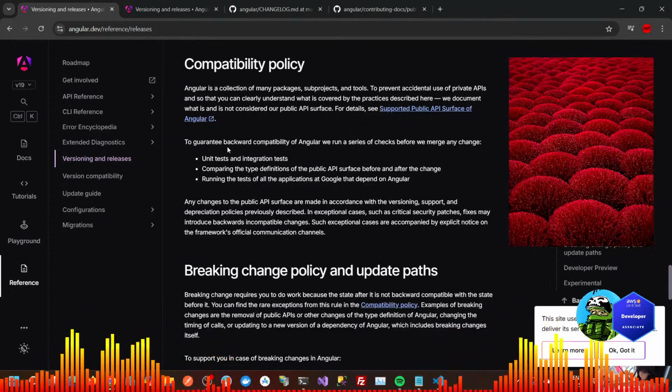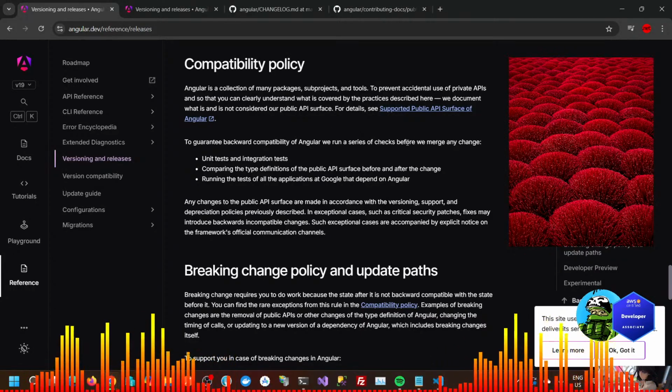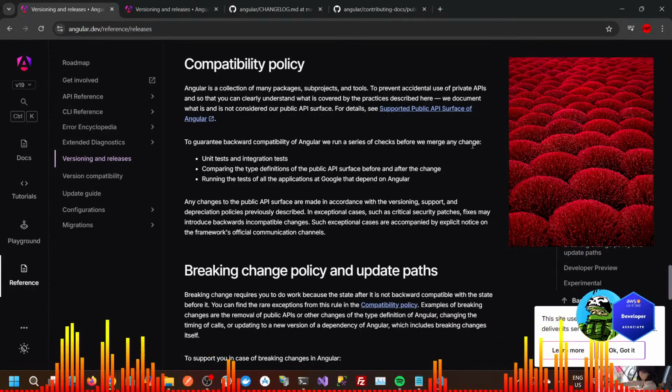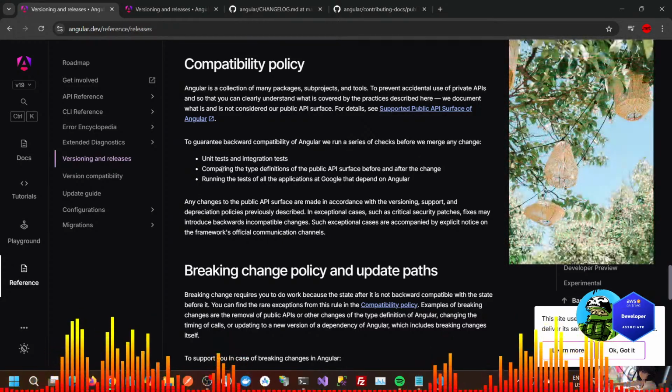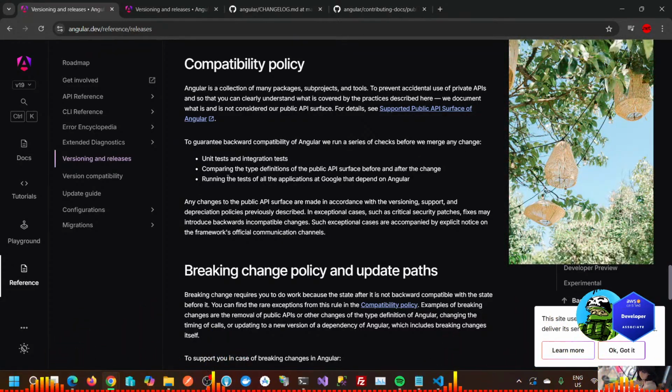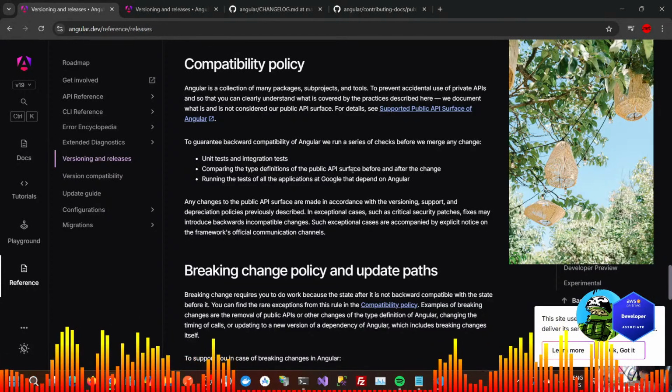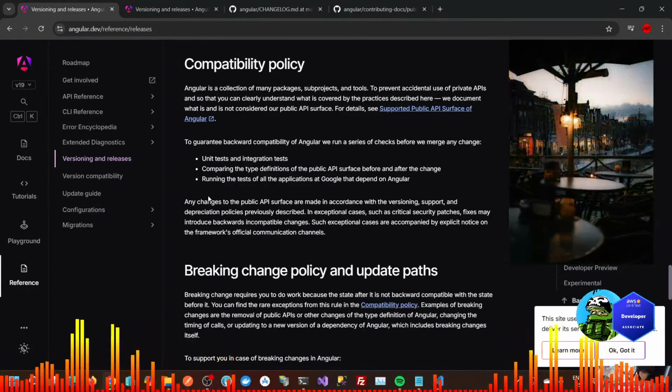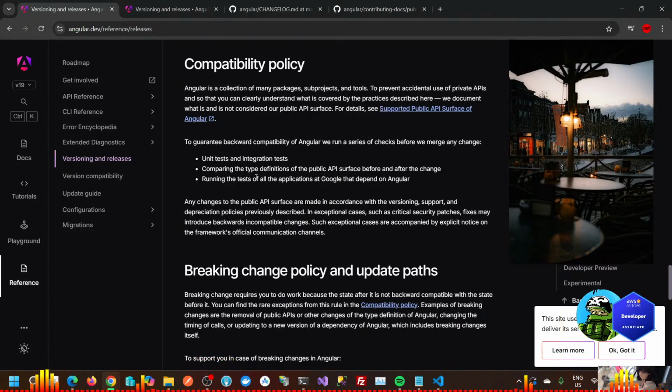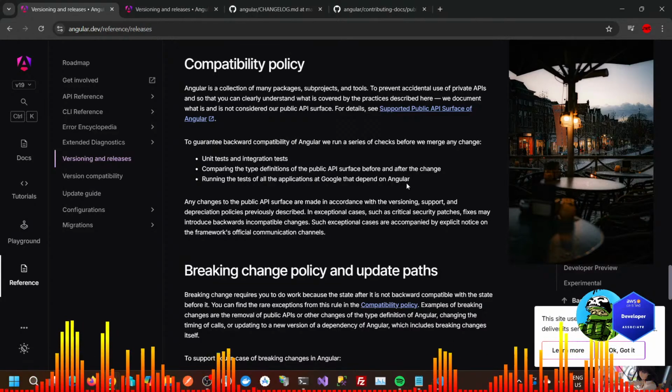To guarantee backward compatibility of Angular, we need a series of checks before we merge any change: unit test and integration test, comparing the type definitions of the public API surface before and after change, running the test of all the applications at Google that depend on Angular.